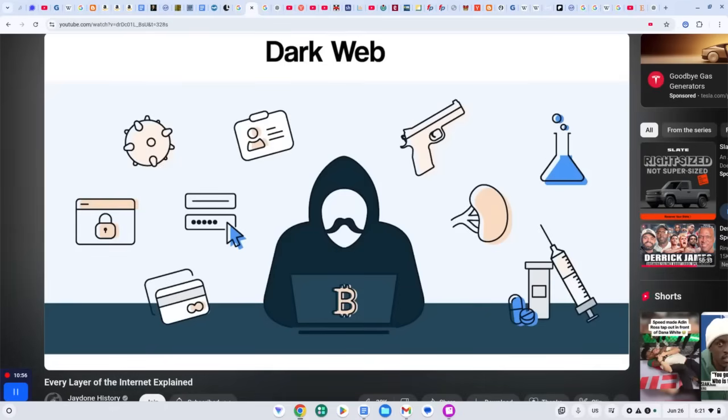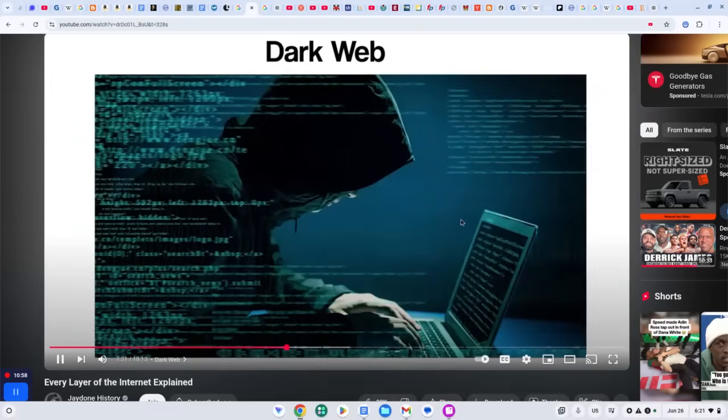Accessing the dark web is relatively simple for those who understand the basics, but it